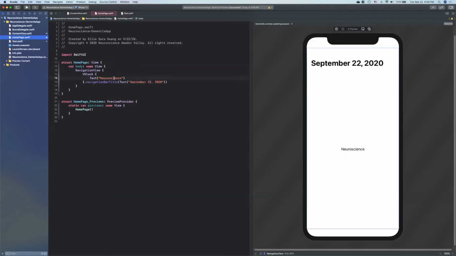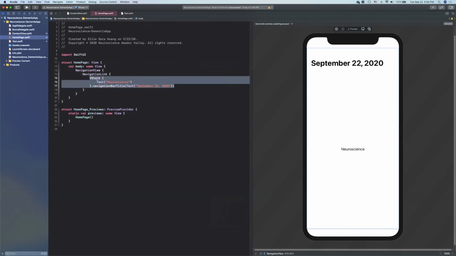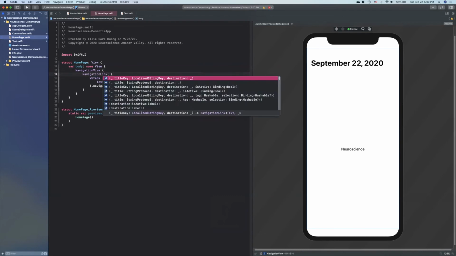And I want the text neuroscience to navigate and to link to the new file that we just created, the new view that we just created. So what we have to do is add a navigation link. The navigation links are just the regular links that you would see like on Google or anything else that actually link you somewhere. So we want it to link to the destination